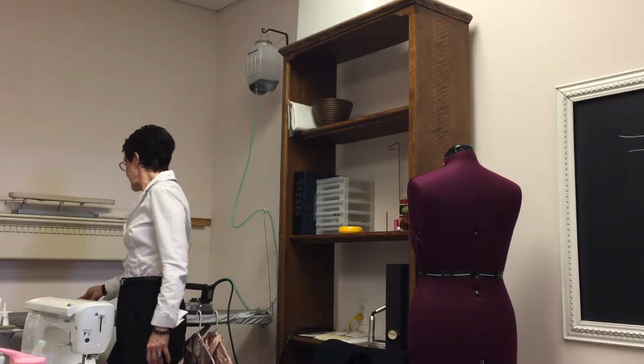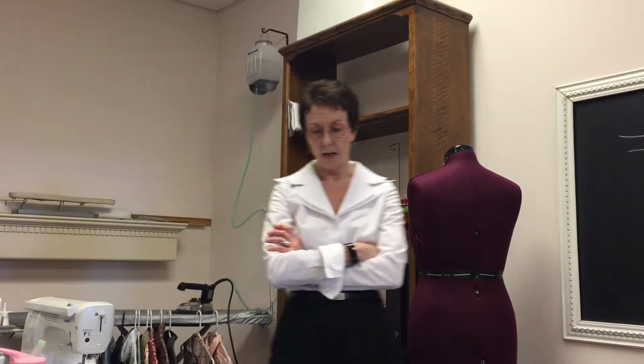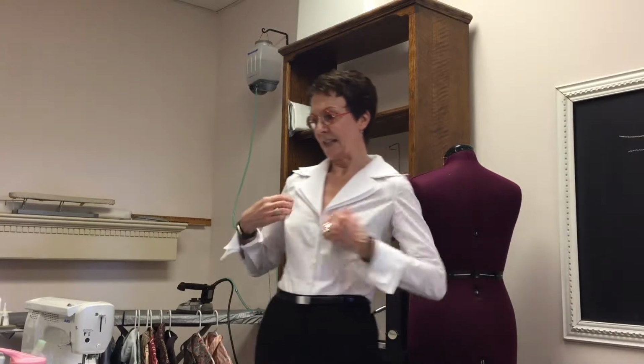Flat felled seams, like on a men's shirt? No, I don't, and I'll tell you why. Flat felled seams are fine unless you're doing straight seams. They're hard to do on curved seams, and because I need a lot of curves in my shirts to fit me,